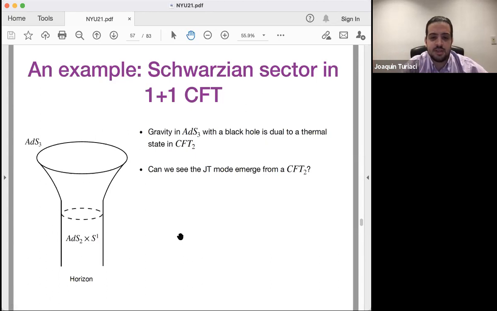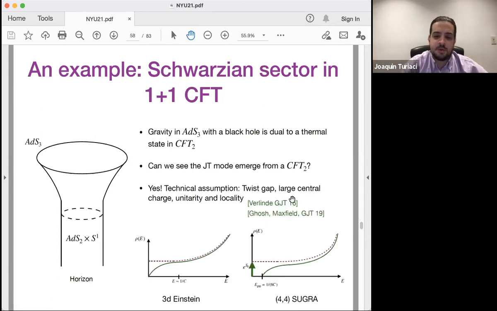So we can ask, can we see the emergence of this mode at low temperatures and large charge, where here the charge is the angular momentum. And in this paper with Annemiek Ghosh and Henry Maxfield, we used something called the conformal bootstrap to show that this is true. Using some technical assumptions that are listed here, you can show that the partition function and the correlators of any 2D CFT in this near-extremal limit match with the one derived from JT. And in particular, the spectrum,